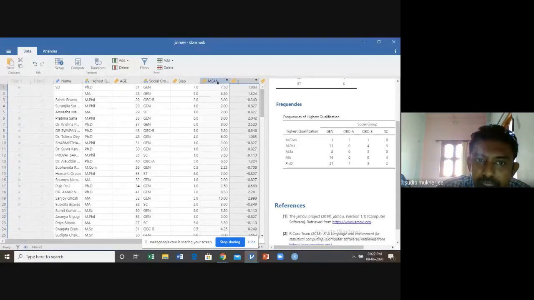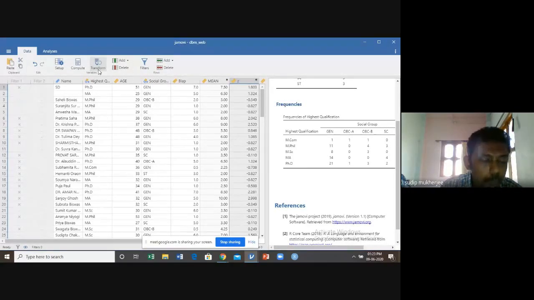Okay, okay. As we calculate the mean, we basically use the compute menu. So using the compute menu, we calculate mean and rate. At the same time, there is another menu, that is transform. This menu enables us to transform a new variable from an old one. Suppose age is here. Age is a continuous variable. So from the continuous variable, we try to calculate the group variable.